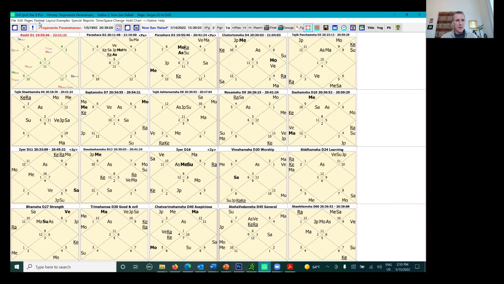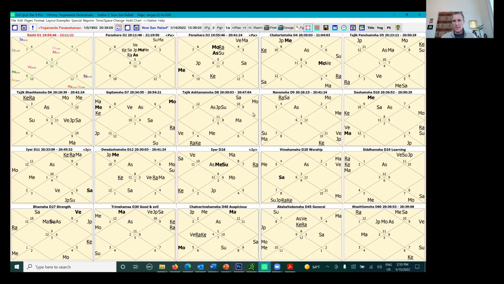I prefer for this, for my laptop screen, the 5x4, and once I do that, they get larger and they're easier to see. The program will ship with it. We'll talk about colors and so forth, but you'll notice that I put a Rashi, a D1 chart. This is the main chart. I left it in color up here. The rest of them I put in black, right? Because for me, I prefer it that way. It ships with what I call the Christmas tree color effect. We can talk about that, but